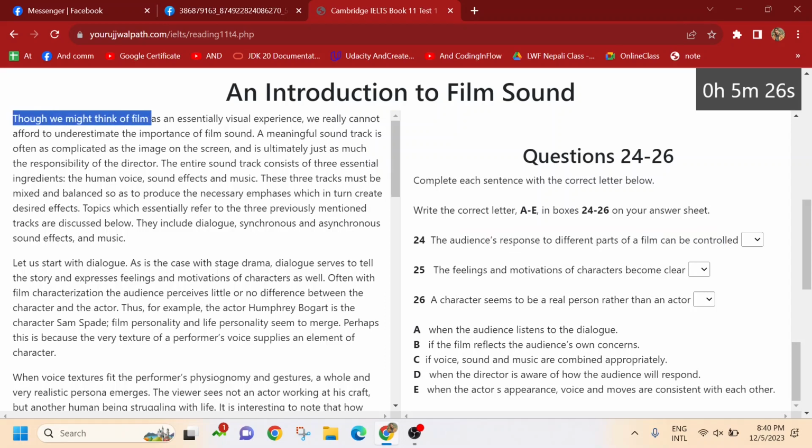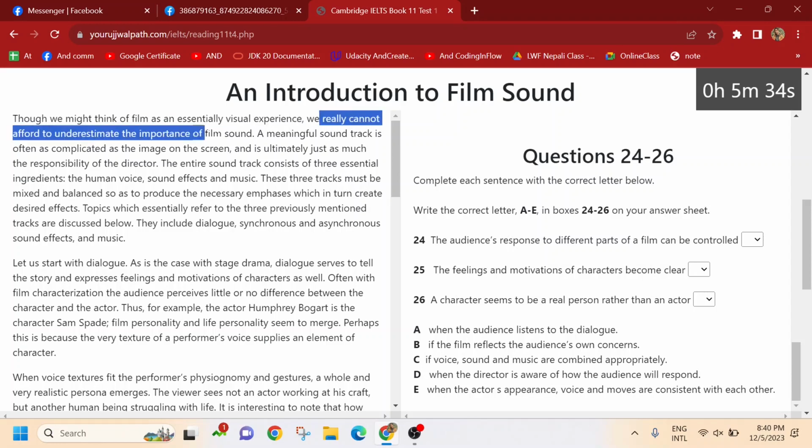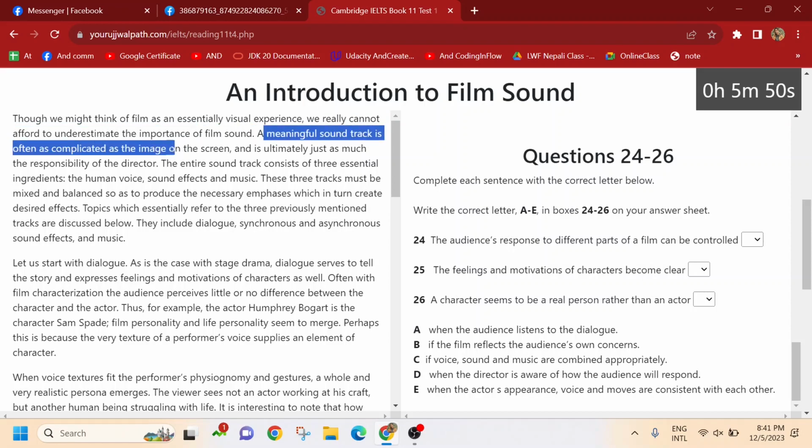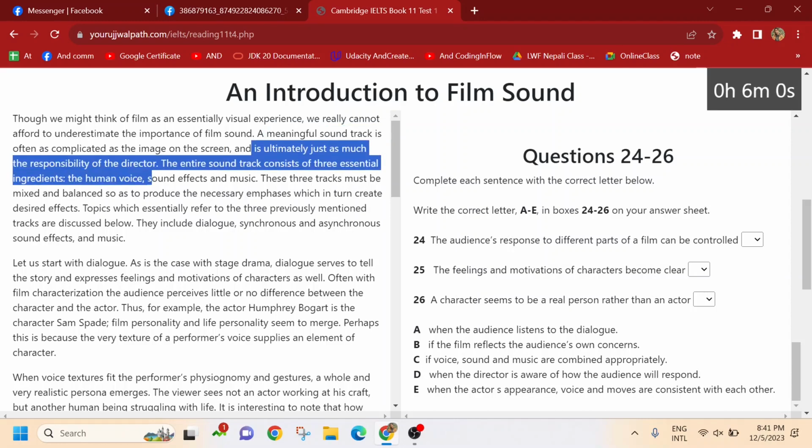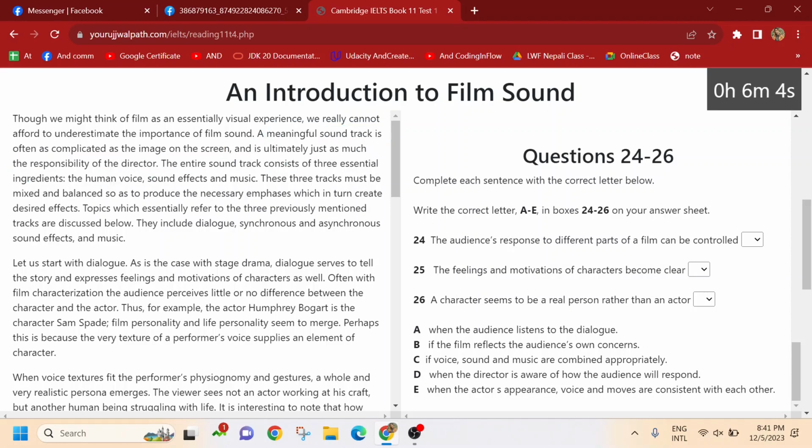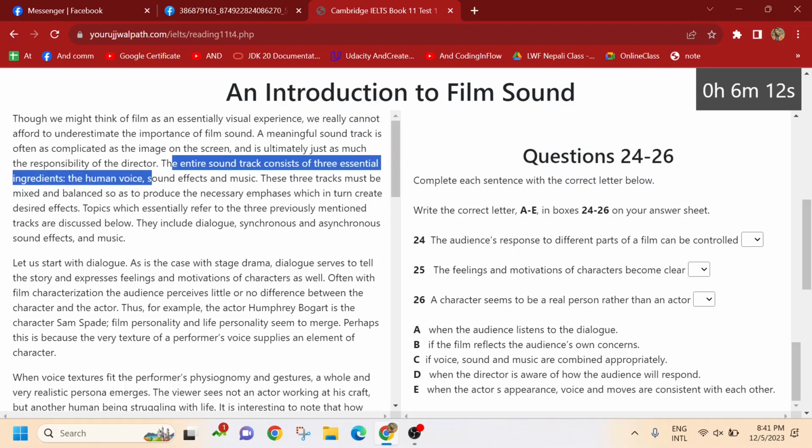Though we might think of film as essentially a visual experience, we really cannot afford to underestimate the importance of film sound. A meaningful soundtrack is often as complicated as the image on the screen and is ultimately just as much the responsibility of the director. The entire soundtrack consists of three essential ingredients: the human voice, sound effects, and music.